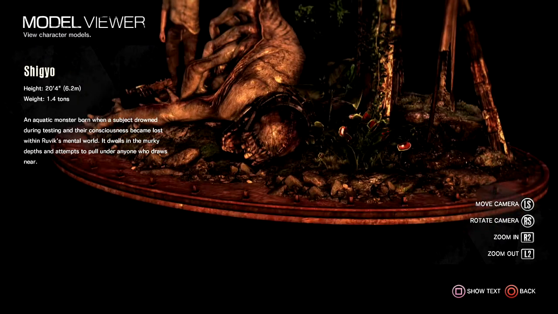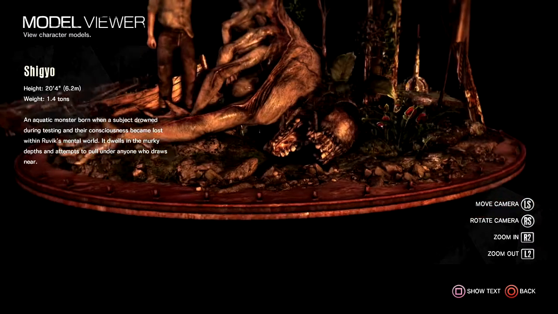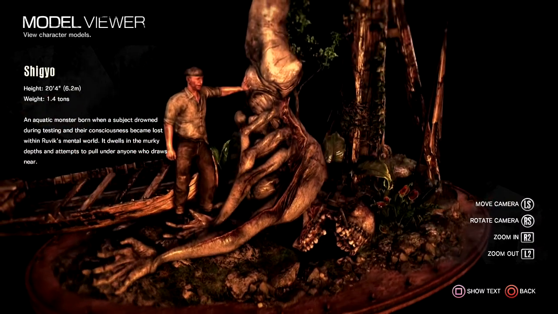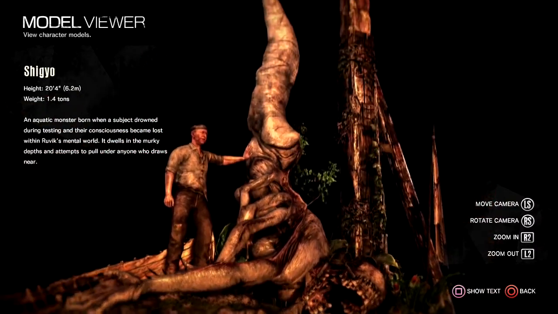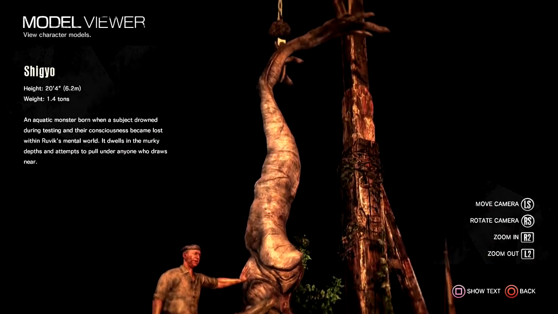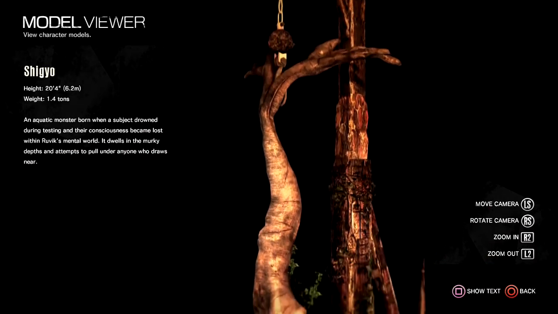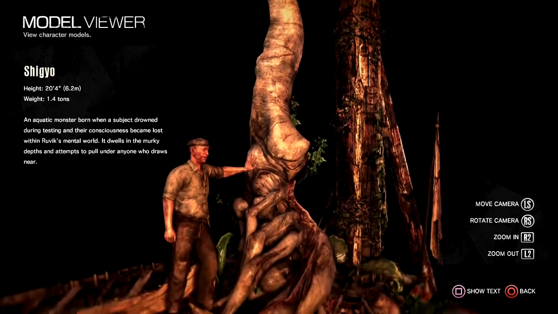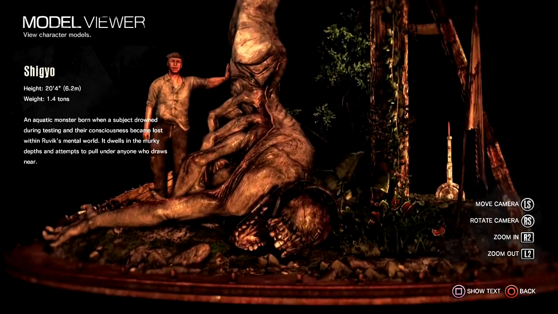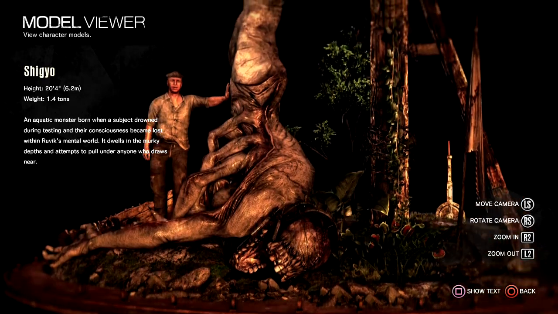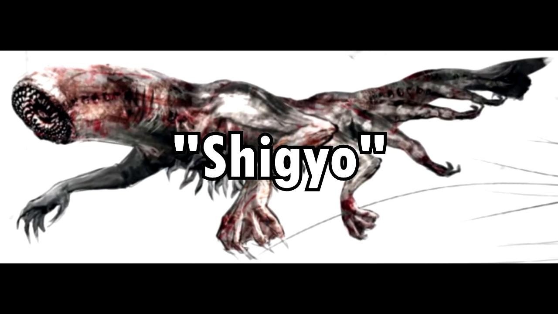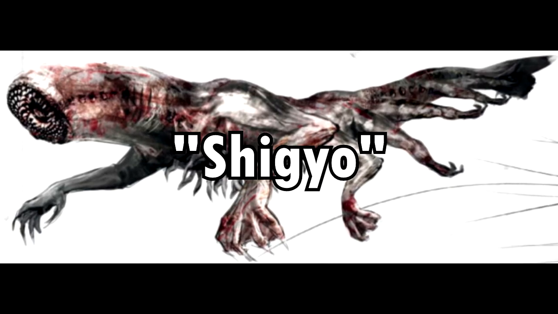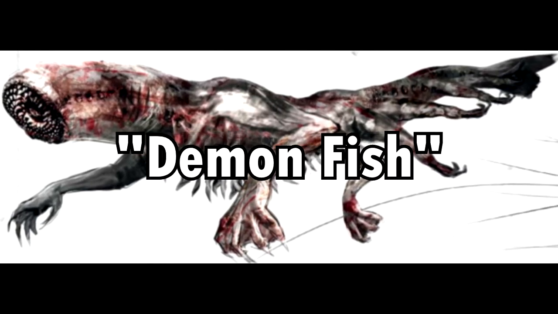The Shigeo is an aquatic monster that came to life when a subject drowned during a testing phase inside STEM. Their subconscious became fully lost inside of Ruvik's mental threshold, willing to drag any trespassers to a watery grave. This creature cannot be pierced with any sort of gunfire, so the best course of action is to avoid her at all costs. As a fun fact, if you translate the term Shigeo, then it typically stands for demon fish